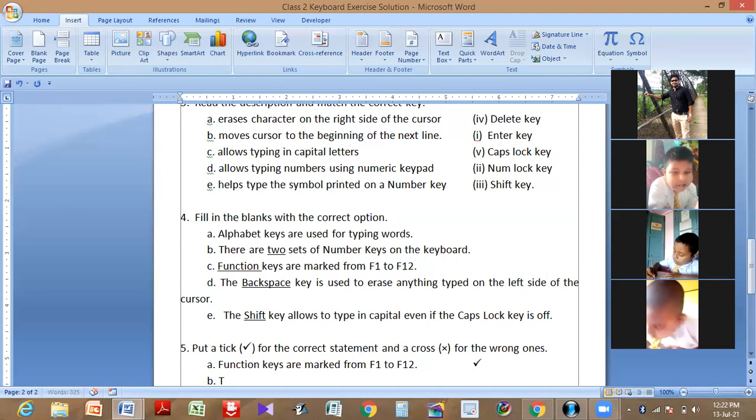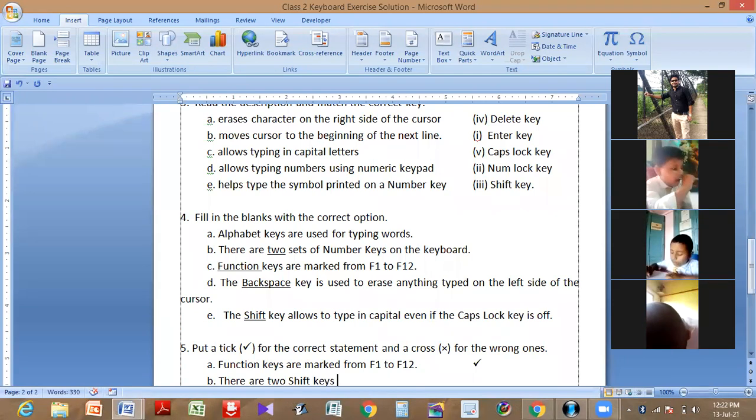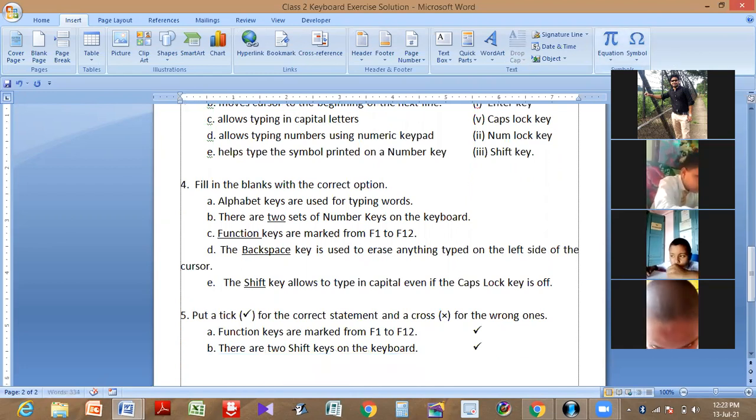B is there are two shift keys. There are two shift keys on the keyboard. Yes, it is also true. So here we will put one more tick mark. Okay. Now